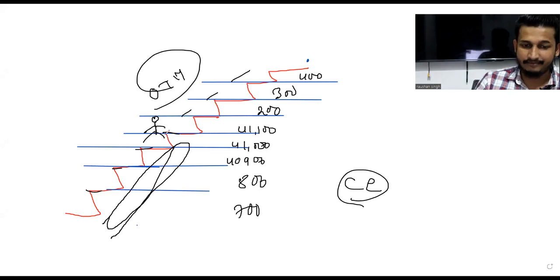So till the time wherever I am, like till the time whichever the stairs I am, and the stairs before that I have already walked out. ठीक है, मैंने ऑलरेडी उस पर चल चुका हूं, निकल चुका हूं उधर से, तो ये सारा मेरा इन द मनी हो गया, एंड जो मुझे अभी चढ़ना है वो मेरा आउट ऑफ द मनी हो जाएगा फॉर कॉल ऑप्शन।